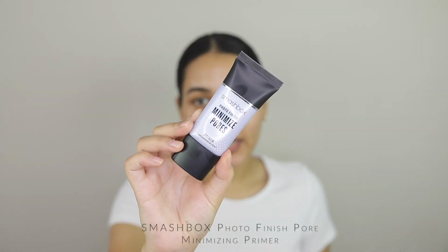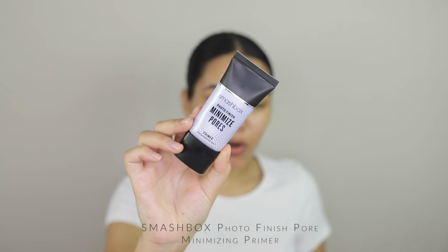So we are done with skincare. I'm going to be using my Smashbox Minimize Pores Primer. So if you have textured skin, you have really big pores, this is super amazing for you, because it's going to give the illusion of a smoother surface. So it's kind of like a putty consistency. Everything else was just like super hydrating, quite a liquid form. This one feels kind of like a putty, and I can feel it already smoothing out the surface of my